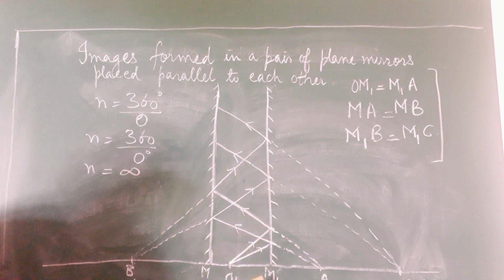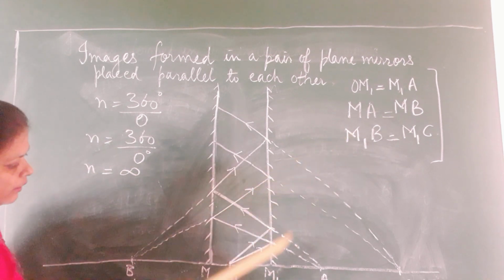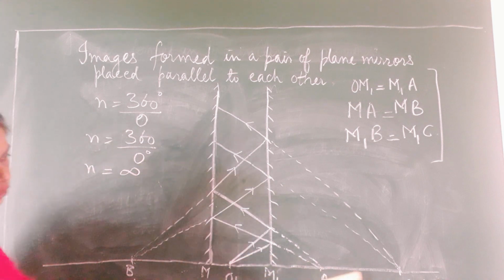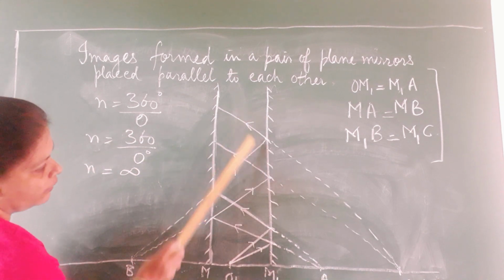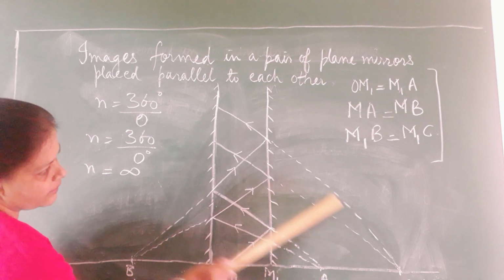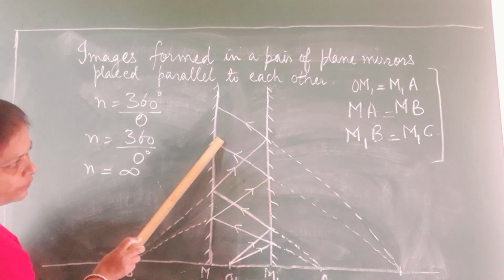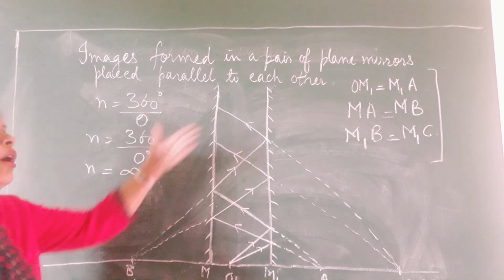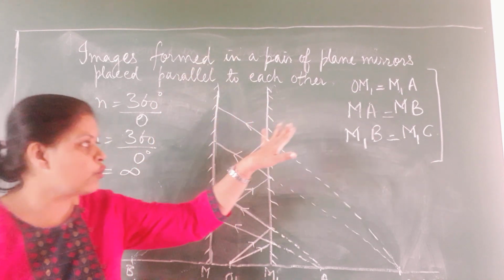Okay, and then I will measure the distance M1B. I will measure and I will put a dot on the other side at C, and I will produce or make them join at C and extend them forward. Okay children, so thus this will go on. It is not going to stop here children.